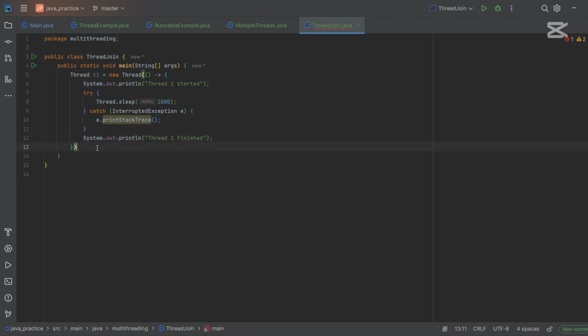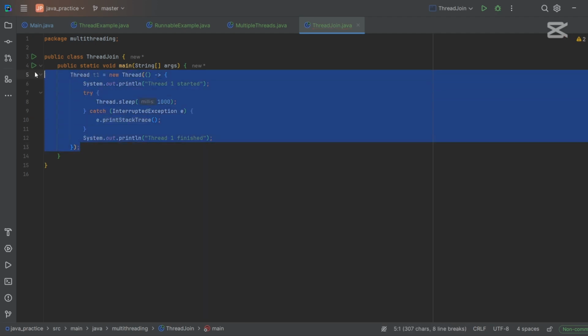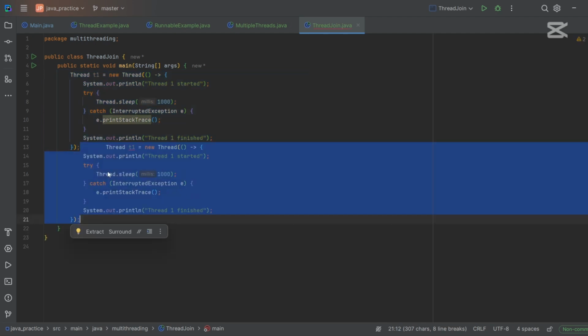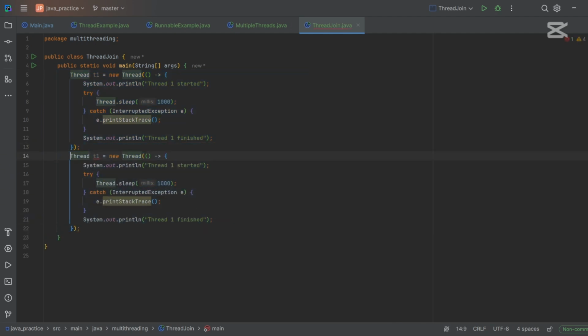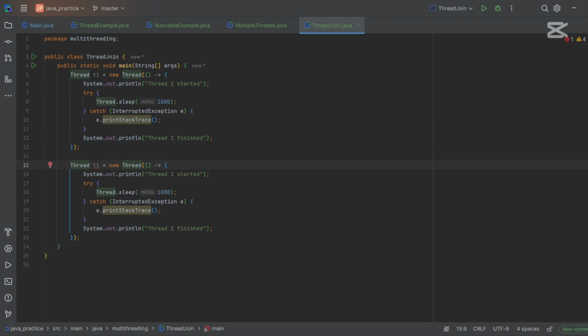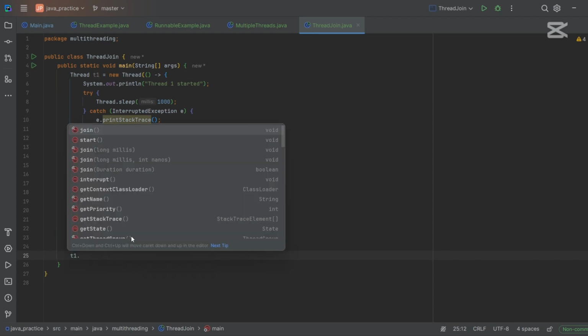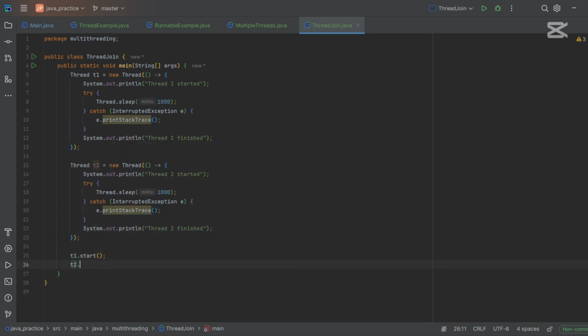Okay, let me take this and copy for our second thread and call it T2. So T2, and same logic here. And then we'll start our threads. So T1 start, T2 start,